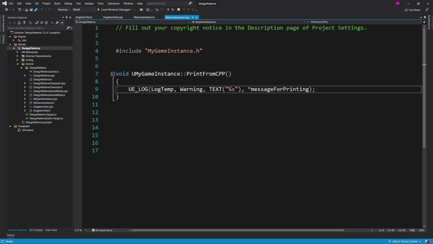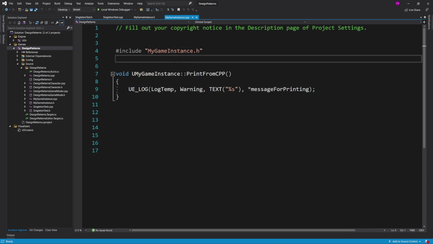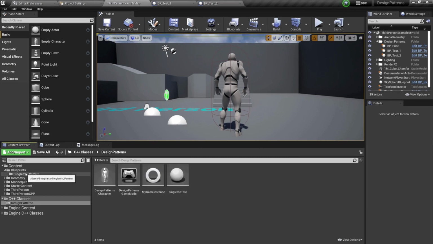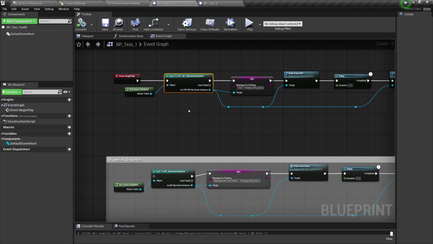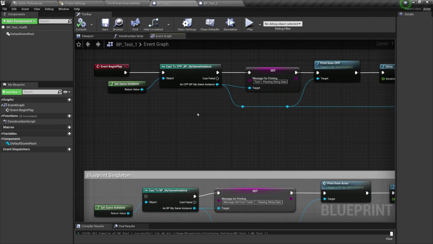Nothing complicated, nothing special. And also I did not pay attention to naming conventions. I simply named it my game instance. You would probably name it something else, meaningful or whatever, but you get the point. Going back to Unreal, inside of the blueprints, I have created here a blueprint called cpp_bp_my game instance. So over here in test 1 and test 2, I'm getting an instance or a reference